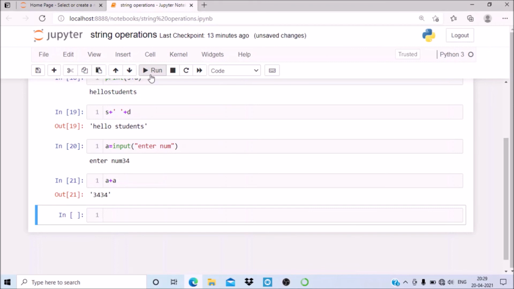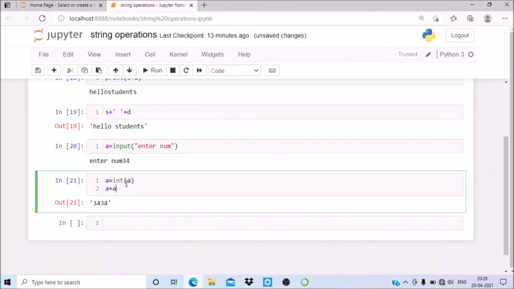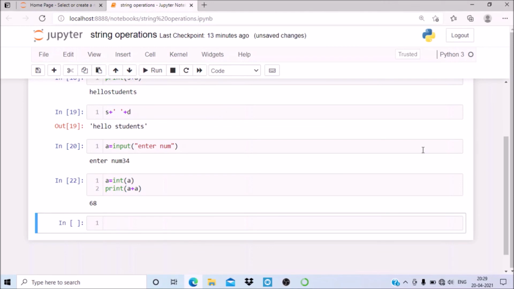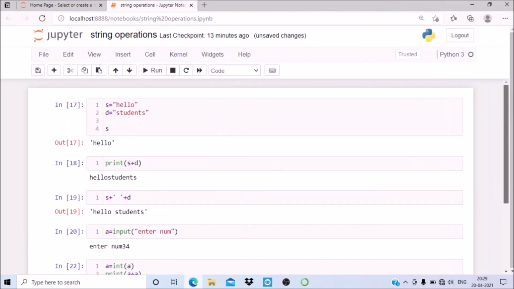So you must convert this input into an integer, and then add for integer addition. So I will write a is equal to int of a, and then print a plus a. Now you will get the answer 68. So those are some operations you can perform on strings.